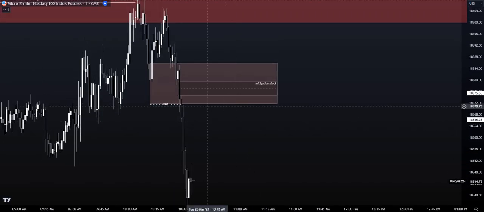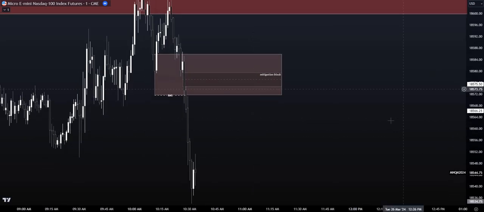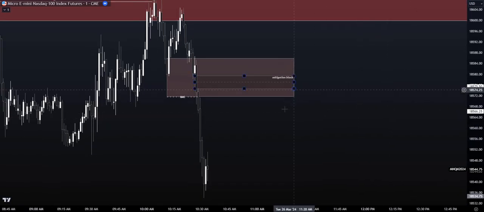Remember, when price is displacing like this, you do not want to chase it. You do not want to enter price just because it's displacing lower, because it can reverse on you anytime. You do not want to chase price. If you don't get your entry, don't enter. Okay, so remember that. I'm just giving you an example of what I would do here. I would not be entering until I get this mitigation.